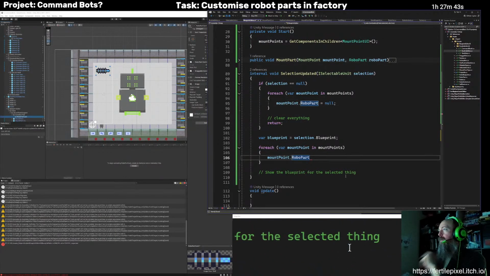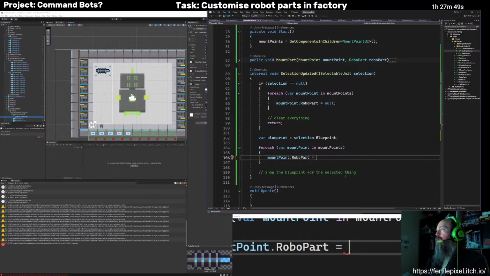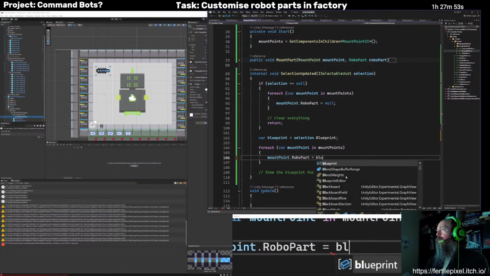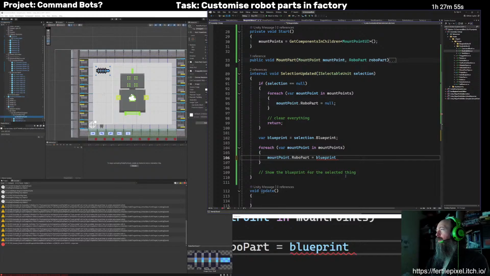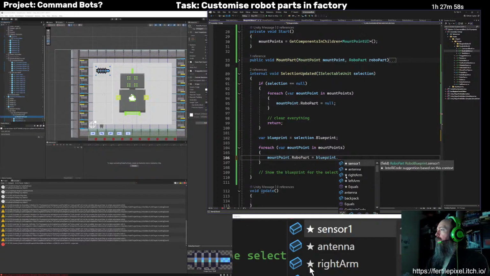And now when I set the RoboPart equals, now we're going to look at the blueprint. And now we're actually pulling out each individual part. So this is again going to be another switch statement.